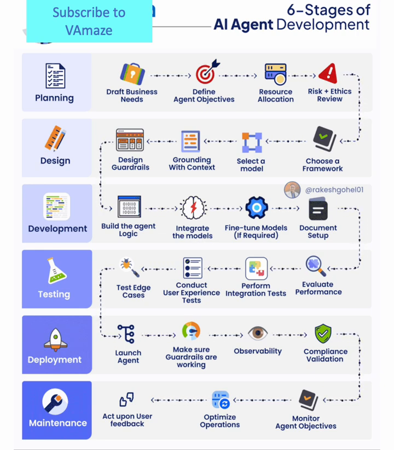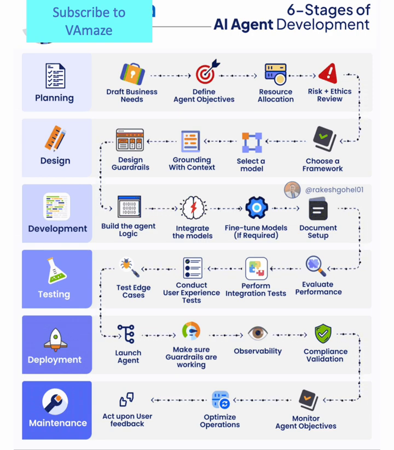Conclusion: a methodology for success. The 6-stage AI agent development methodology provides a proven framework for transforming AI concepts into production-ready solutions. Each stage builds upon the previous one, creating a comprehensive approach that addresses both technical and business requirements. Organizations that follow this structured approach are more likely to deliver AI agents that not only work technically, but also